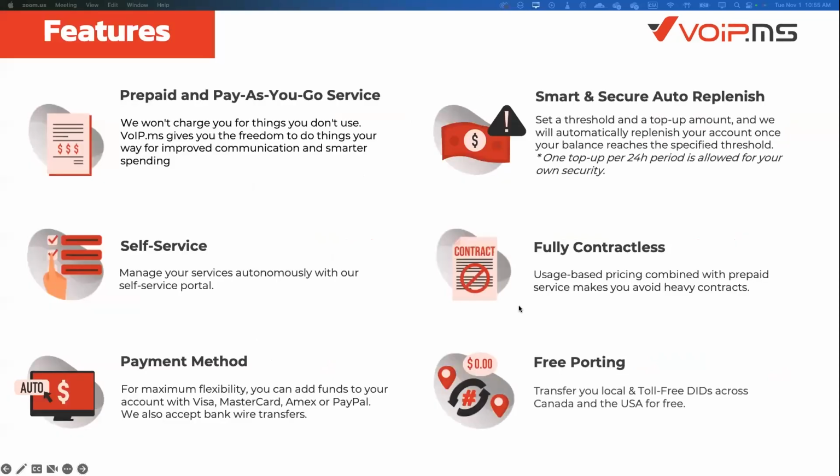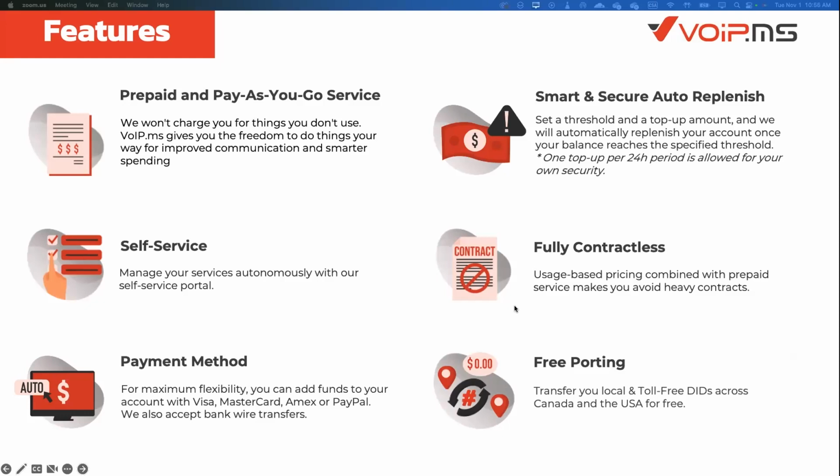After that, financial feature, as I mentioned earlier, VoIP.ms is a prepaid and pay-as-you-go service. So you put money in your account, and all your usage is deducted from this balance. Our portal is completely self-serve, so you don't need to send an email to somebody to make changes. You can do it by yourself. Fully contractless, no contract.